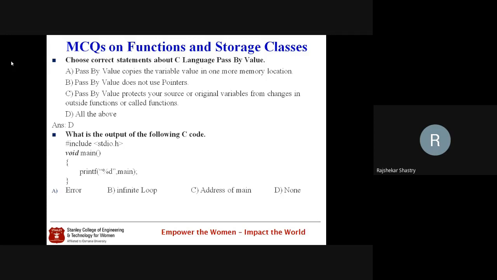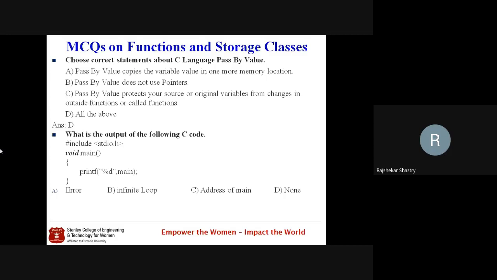When I'm calling main here, I'm not calling it, rather I'm simply saying the name of the method. See, in printf, observe carefully, I didn't call main recursively. Rather, I'm simply putting the name of the function. What is the name of the function? Main. Without calling, this does not mean that you are calling main. You are just using the function name, and I'm printing that. So when you do it like this, it prints the address of the main method.